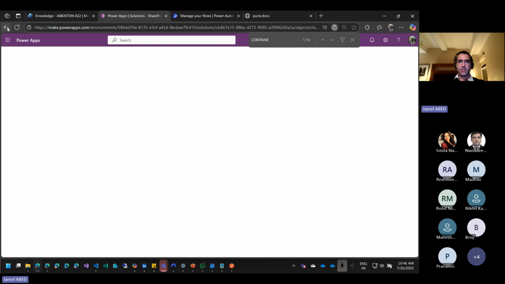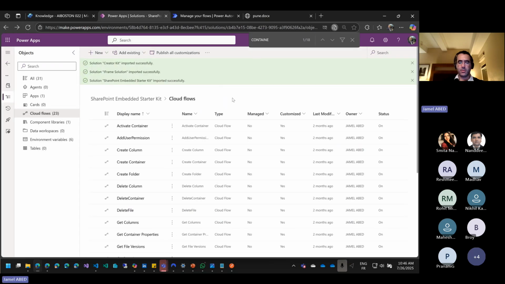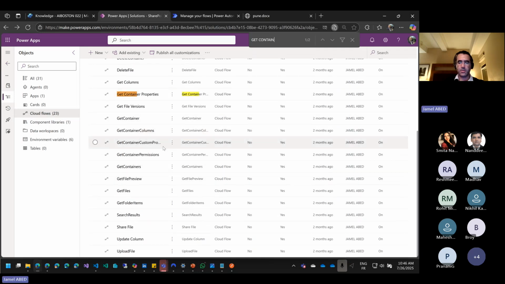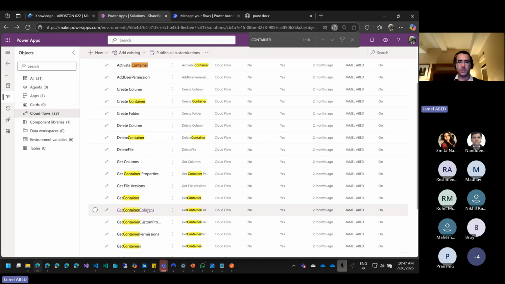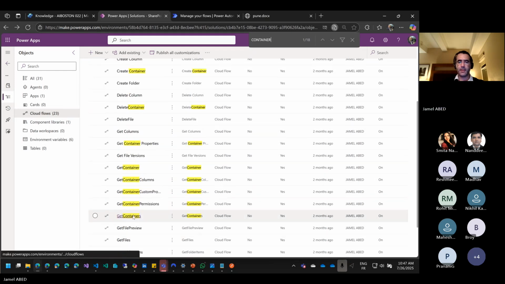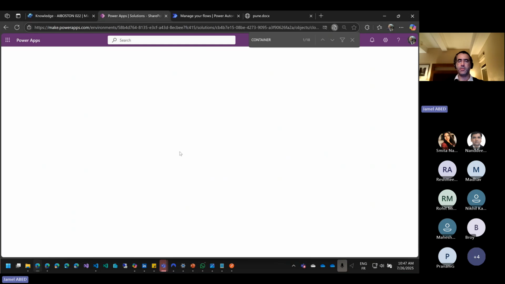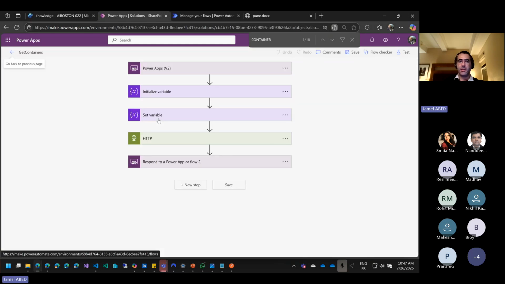When I check this flow, I don't check container. So get container property. No, I'll check. Get container. Yes, I will edit it here. I'll edit the flow. For example, if you want to check this flow, to get all the container associated to